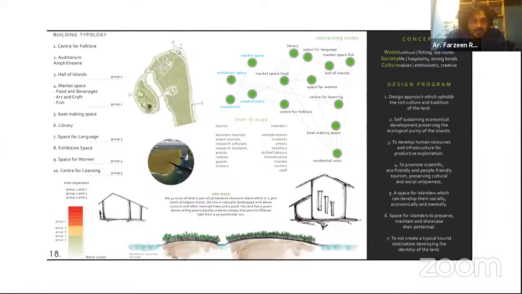Next, the building typologies. I had some 10 typologies: Center for Folklore, auditoriums, library, space for language. Lakshadweep has a particular language, a dialect, Jasri or Mahal, which is their local dialect. So space for language, exhibition space, space for women. Women are, I would say, the main part of Lakshadweep.